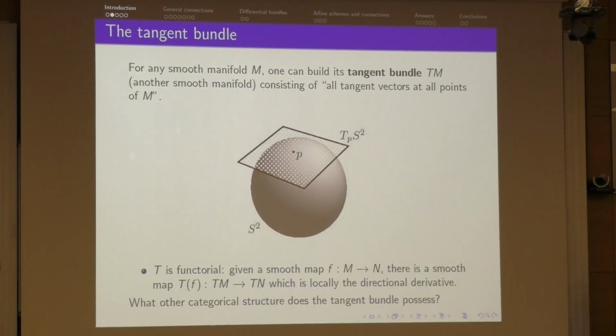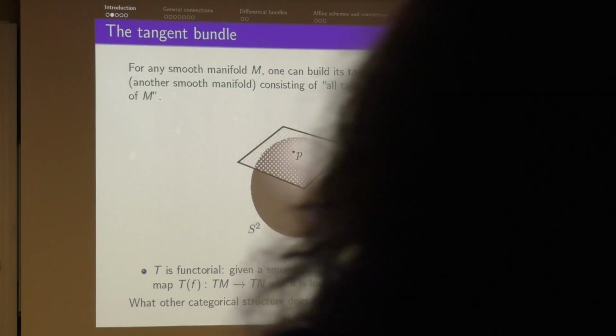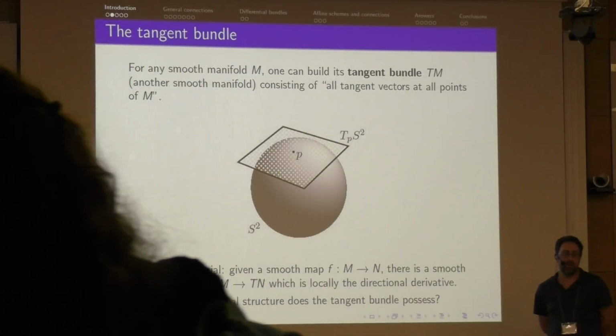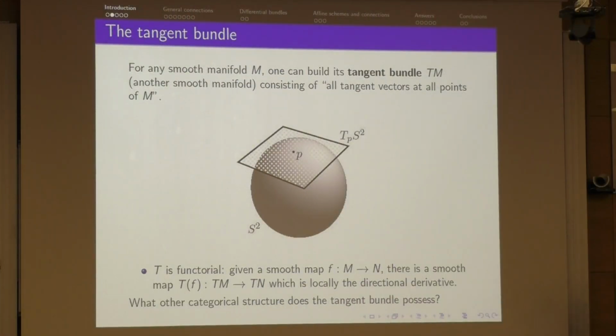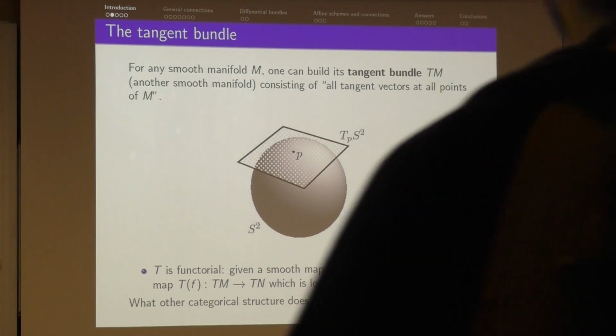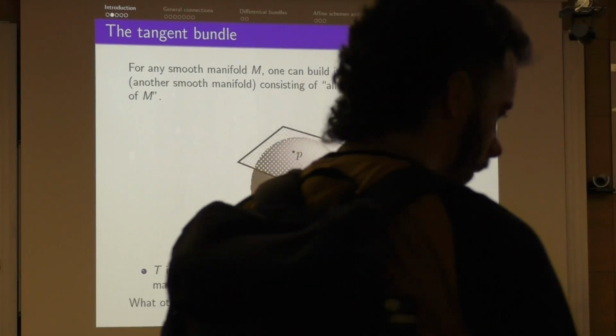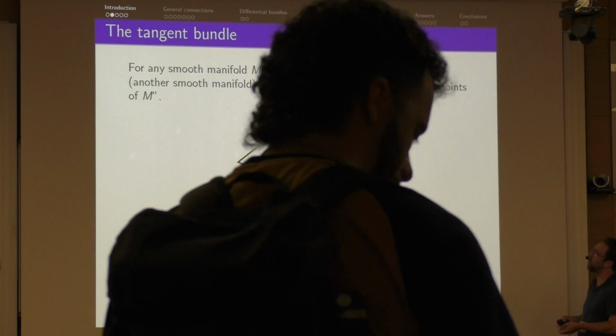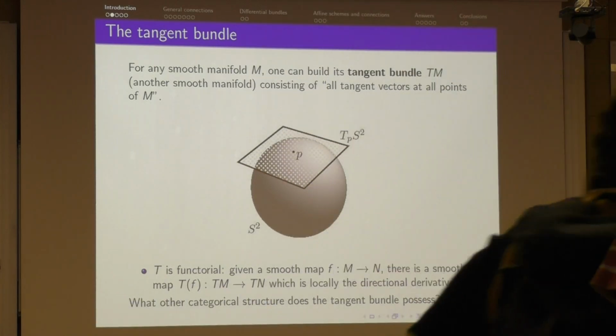So just a quick overview of what tangent categories are. The idea is to abstract the essential features of the tangent bundle construction in differential geometry. For any smooth manifold, you can build this tangent bundle, which is a collection of all tangent vectors at all different points. Here we've got the sphere at a point P. You can write all the different tangent vectors at that point P, and you collect all those tangent vectors at all the different points and put them together as a single thing. That's what we call the tangent bundle. It's not our smooth manifold.